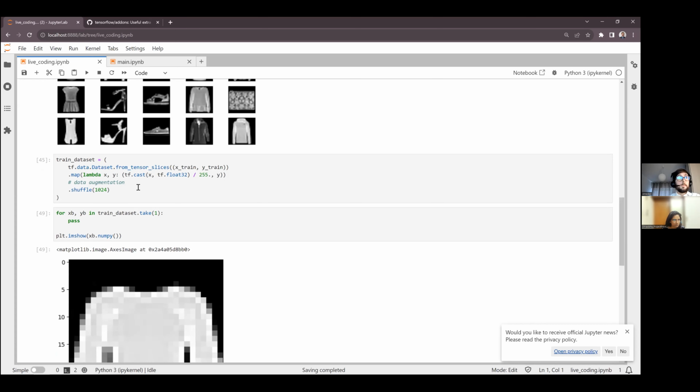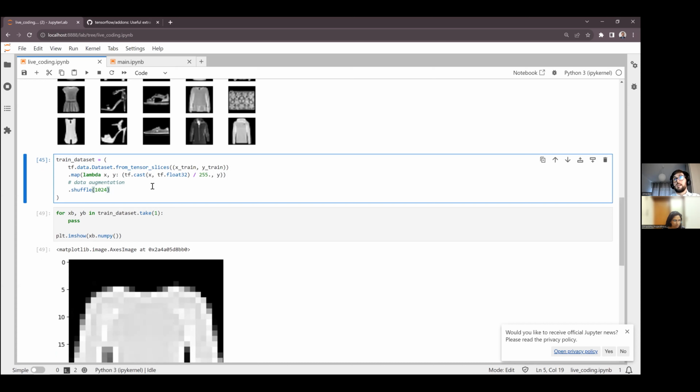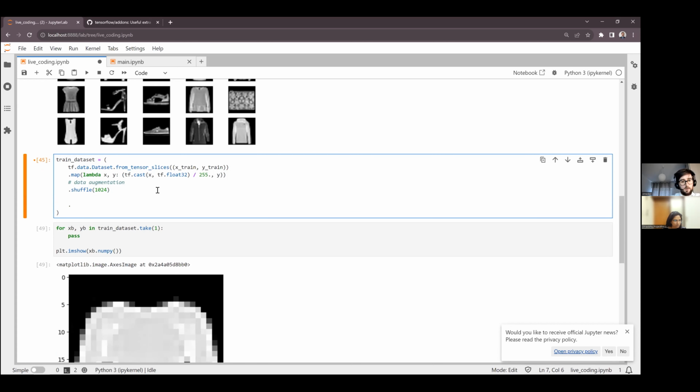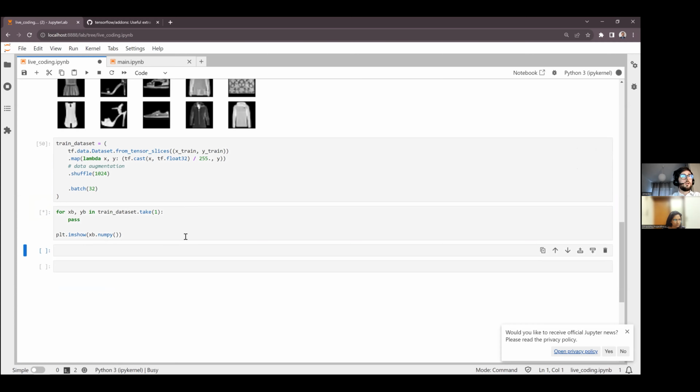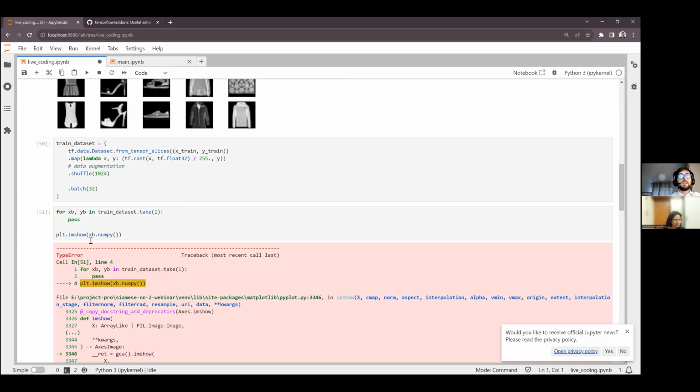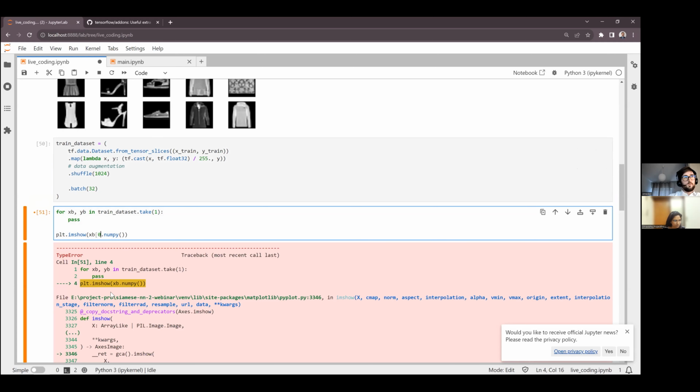Okay, cool. Now we need to do another thing before we can feed this data to a neural network to train it. We need to fetch it, batch 32. Let's say we start with something like that. It should be sufficiently small to run in our GPU, but we can maybe change it later if it's not working. Now this will not work anymore, because now XB is a batch of images. Now we need to do something like that.